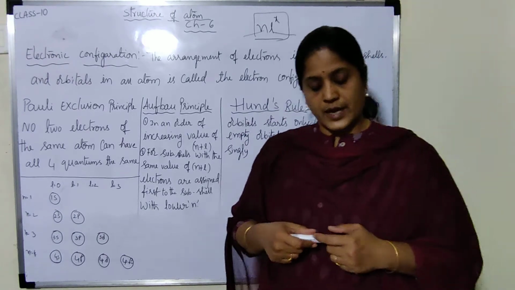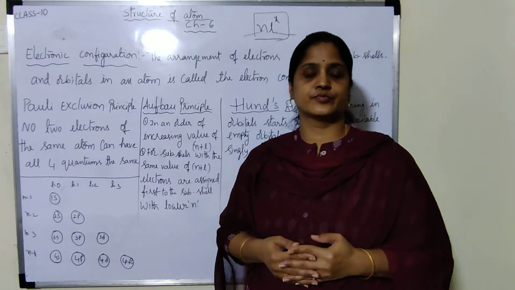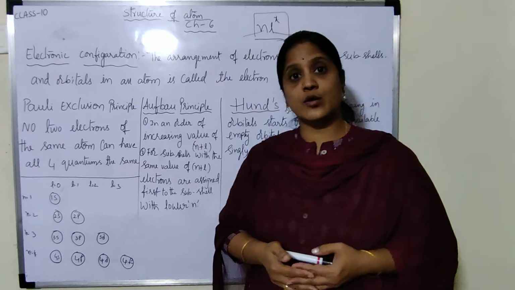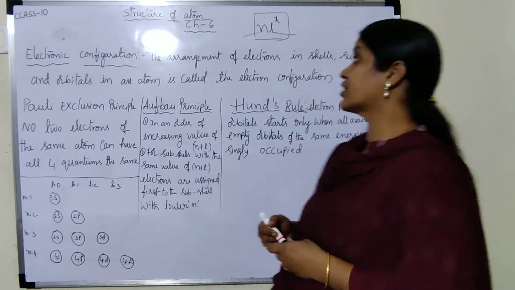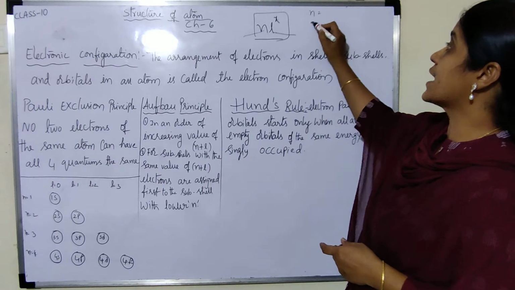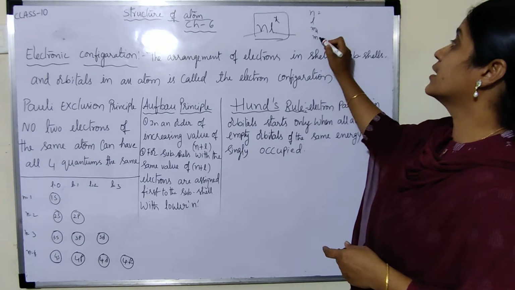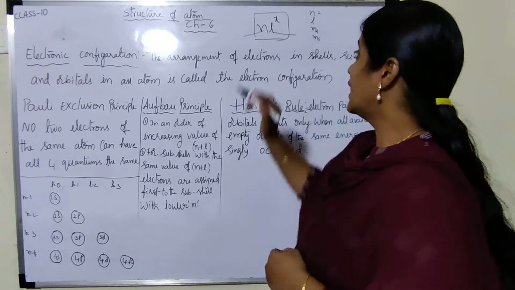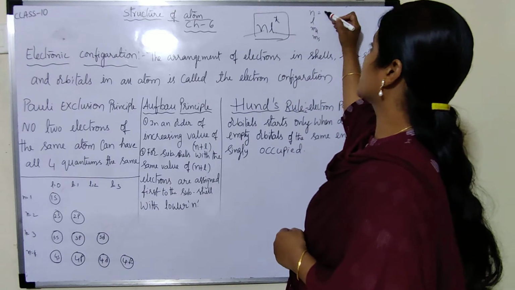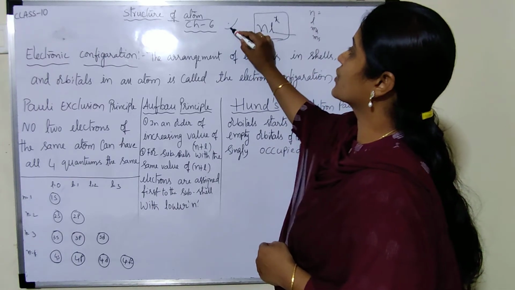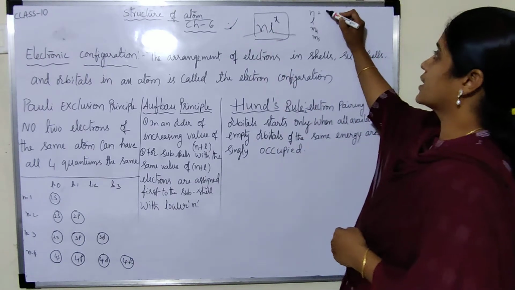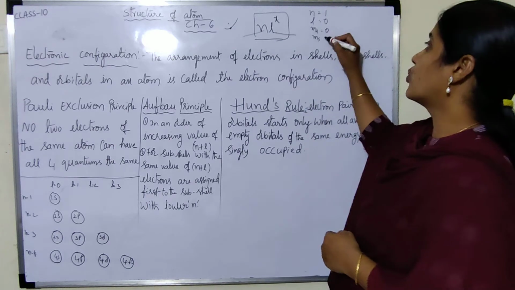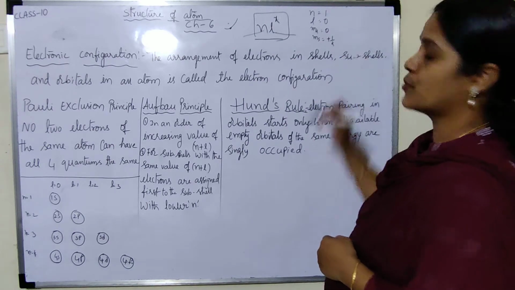But when an atom has more than two electrons, using this method is very difficult because we have four quantum numbers: N, L, ML and Ms. If you take hydrogen, it has one electron, so it is in the first orbit only. So N is equal to 1. What is the L value for the first one? 0. And ML is also 0. What is the spin for the first electron? We will take it as positive.